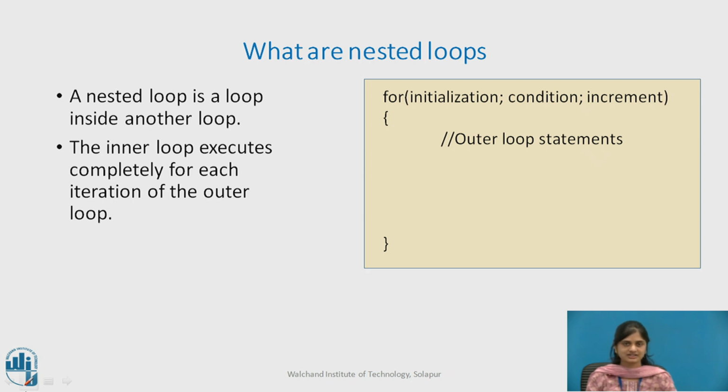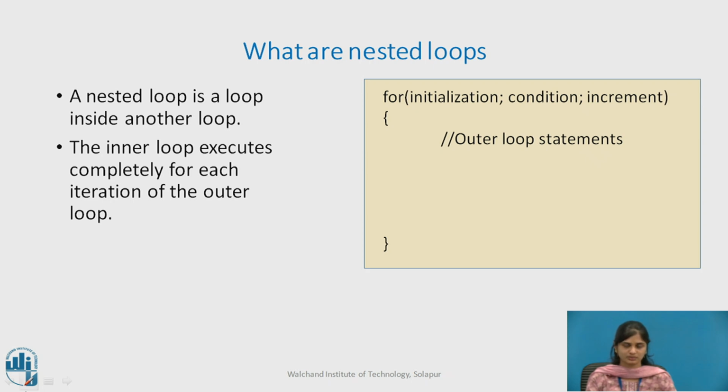After that the condition is checked. If the condition is true, the program enters whatever code is written inside the curly brackets. After that, once the execution is done, it goes to the increment or decrement operation. Next, again the condition is checked. If the condition is true, again the for loop statements are executed. Again it goes to the increment or decrement operation. Once the condition is false, the execution comes outside the for loop or the curly brackets